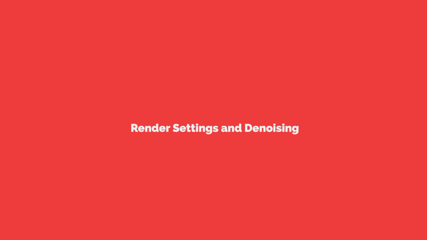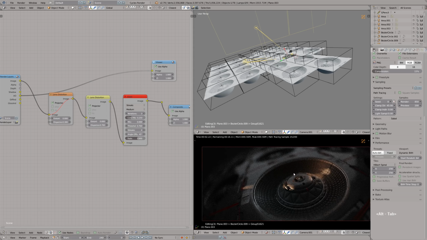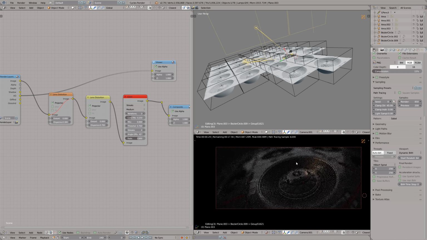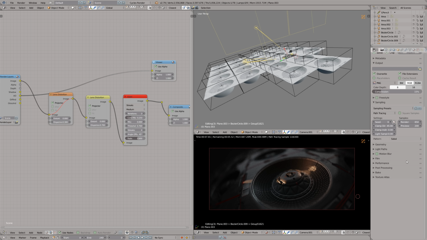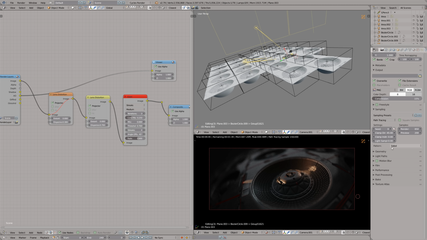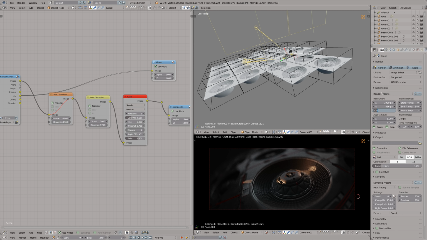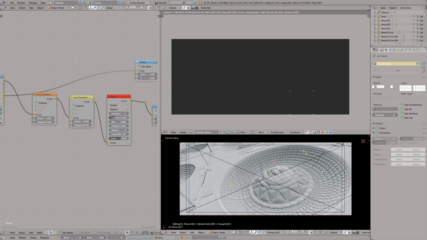And here my making-of splits into two mini making-ofs. First we'll talk about rendering and denoising the still shot, and later on we'll create an animation. I think we're ready to render this frame. I will set the render samples to 850, bounces to 2, because now we can afford it. The resolution for the final render will be 200% of 1080p, but for now I will leave it at 100%